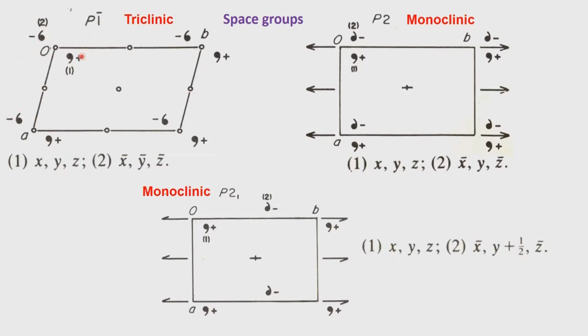So, effectively we get two equivalent points, one at x y z, the other at minus x minus y minus z. So, the system is triclinic, the number of objects that are generated now will be 2, and this we have already seen is a nomenclature which we use as z is equal to 2 in the unit cell.